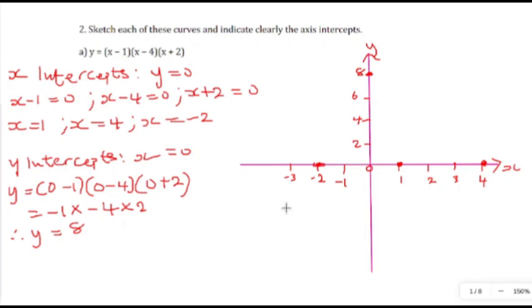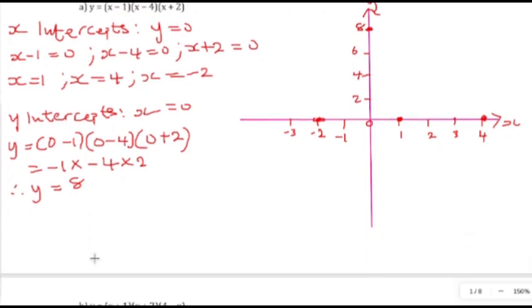What will be the shape, general shape of this graph? Now the very fact that there's something we need to bring out. Okay, imagine a constant here, k. Let's write the general form of this equation. There is something we need to understand for us to be able to tell the shape of this graph. So the general form of this cubic equation is written as,